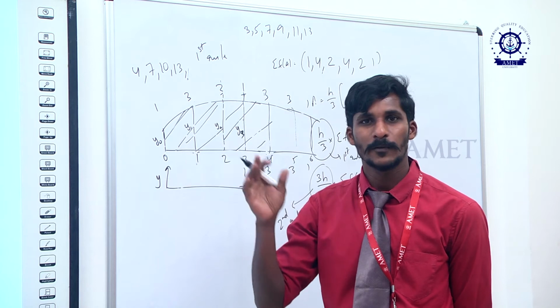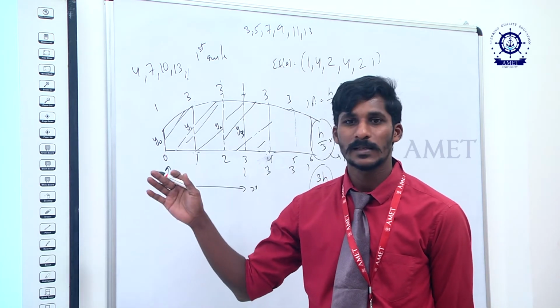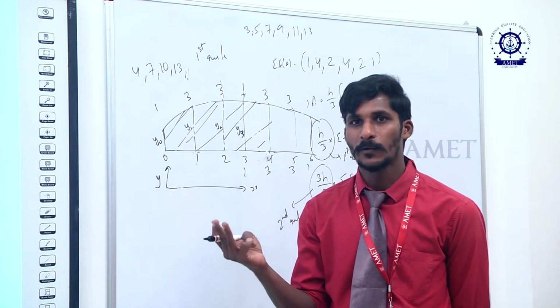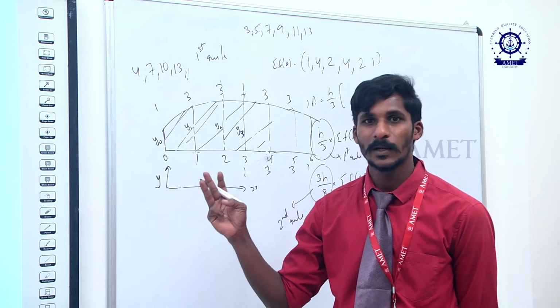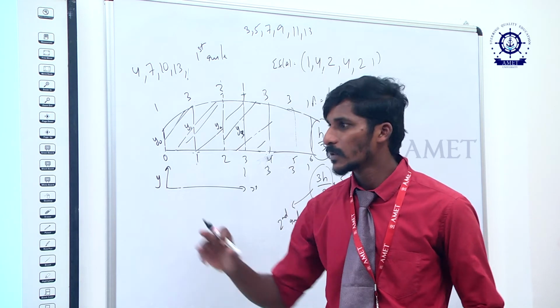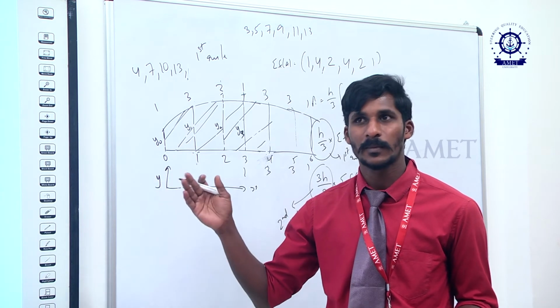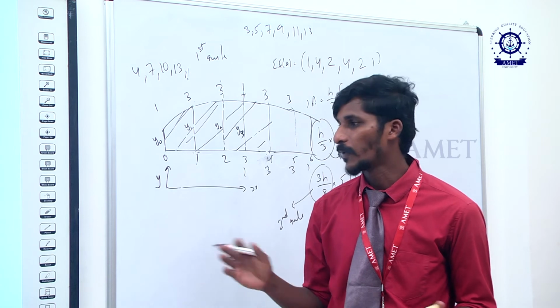So the area under the curve you found is under the 4 ordinates, but this is totally different. A third rule is given in such a way that you can utilize 3 ordinates to find the area between 2 ordinates. It's like you are applying 3 ordinates, but you are not finding the area under the 3. We are only going to find it under the 2 ordinates. We mostly utilize this kind of equation for places near the forward end, where more curvature has to be taken into account, to find the area between the 2 ordinates.